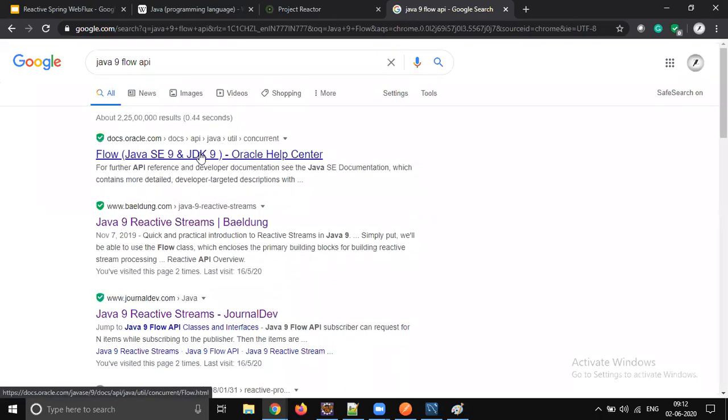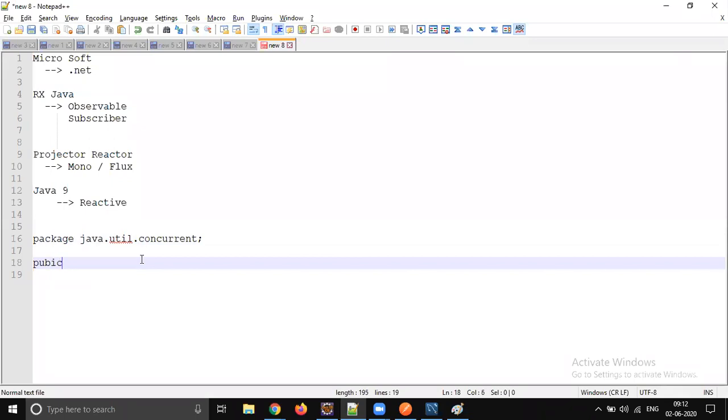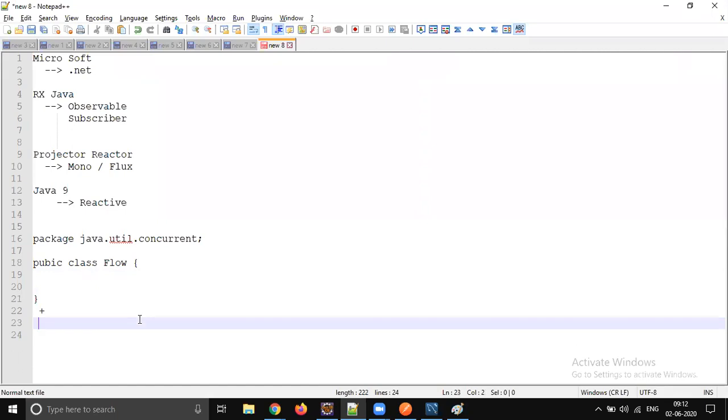Yeah, java.util.concurrent. So it's like public final class Flow. We can write interfaces inside a class, right? Yes, we can do it in Java.